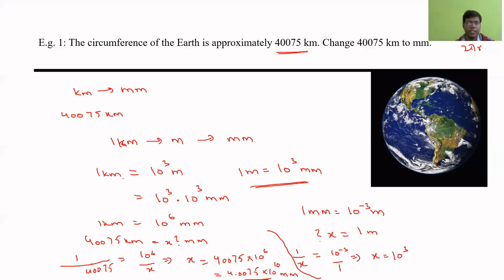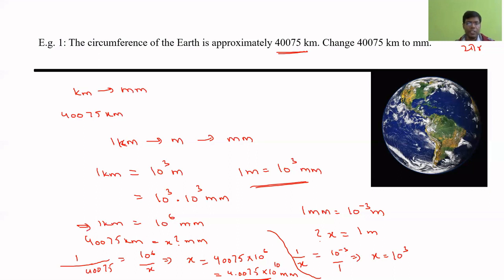First, we have converted the kilometers to meters. 1 kilometer is 10 power 3 meters because we have kilo as the prefix. So we have 10 power 3. And we also know that 1 millimeter is equal to 10 power minus 3 meters. So based on that, we got 1 meter will have 10 power 3 millimeters. Okay, so that's how we got 1 kilometer as 10 power 6 millimeters.